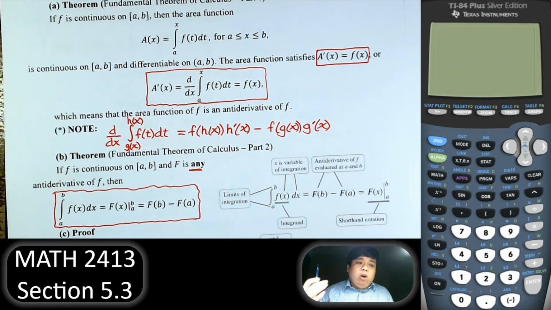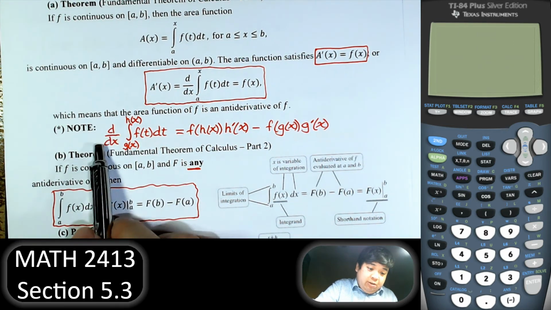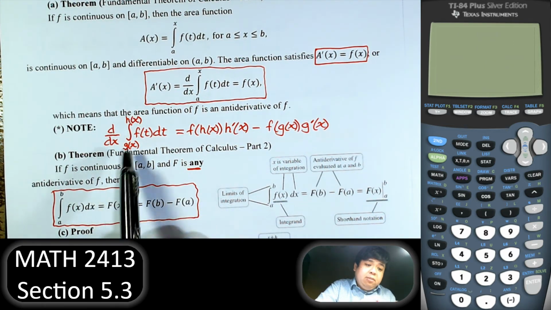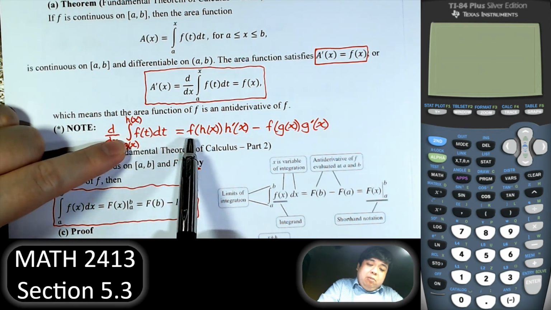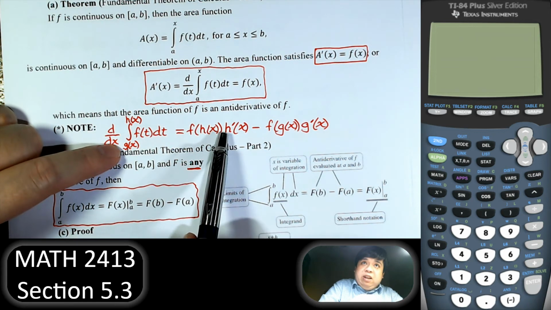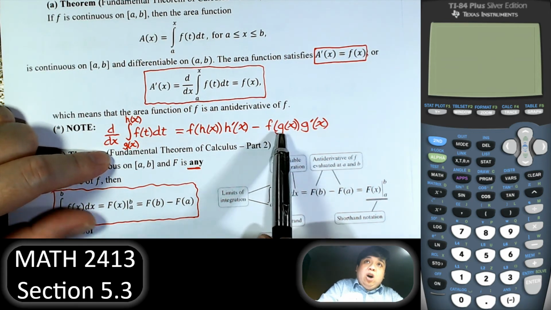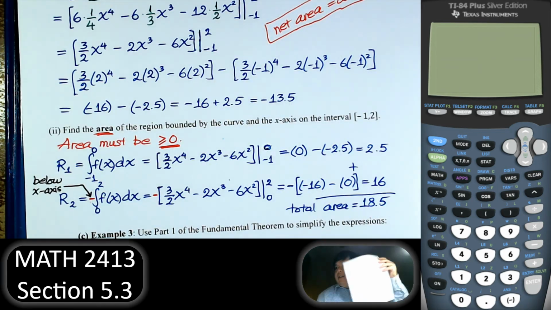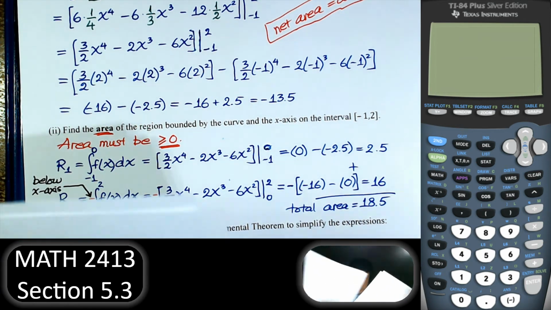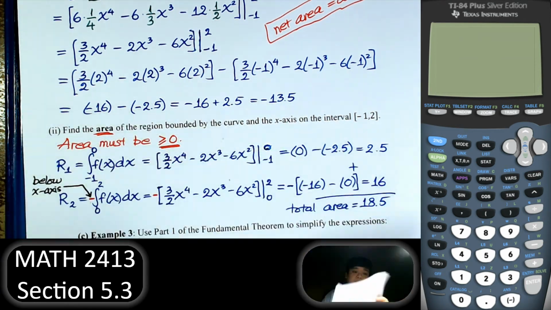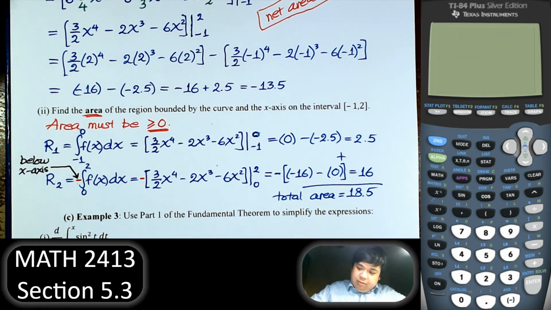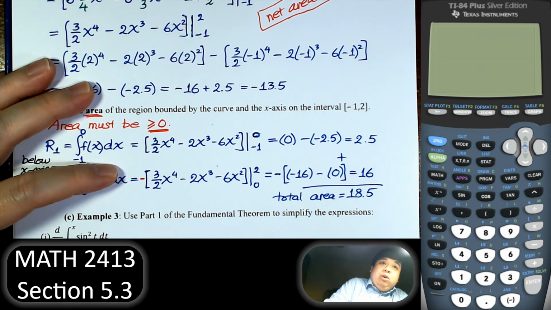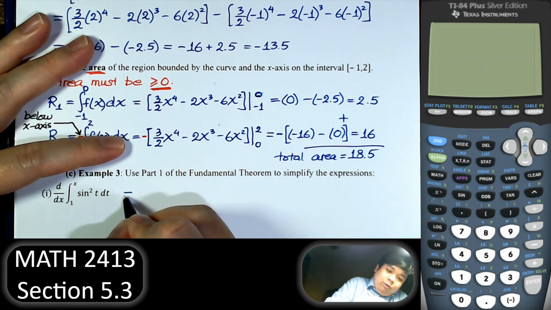So the other part of the fundamental theorem of calculus is if we have the derivative of the integral where the limits are functions, put in the upper limit, multiply by the derivative of it, subtract, put in the lower limit, multiply by the derivative of it. So that's simple enough, right? Right, so here we have the derivative of the integral. So what we do is first,